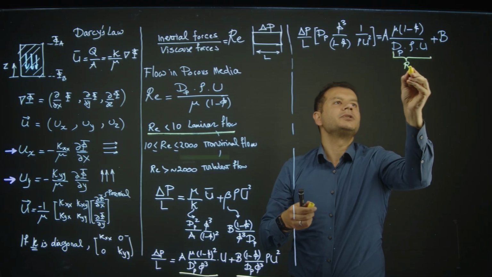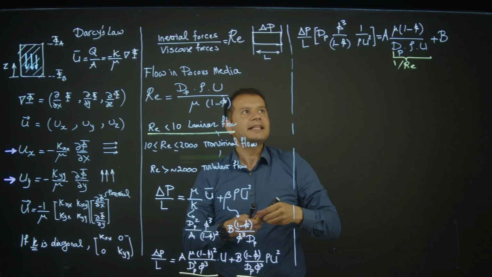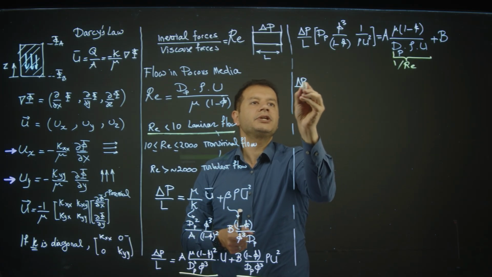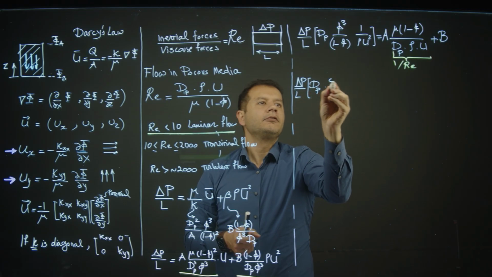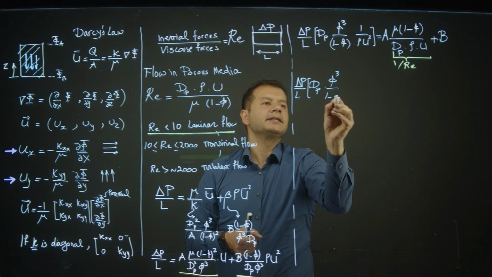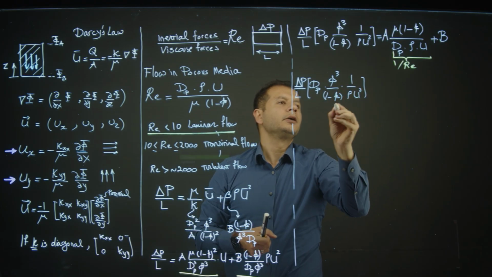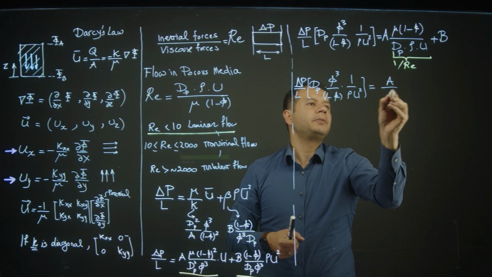This is Reynolds number inverse. So that means that delta P, pressure drop over L, times dP phi cubed, 1 minus phi, 1 over rho U squared,